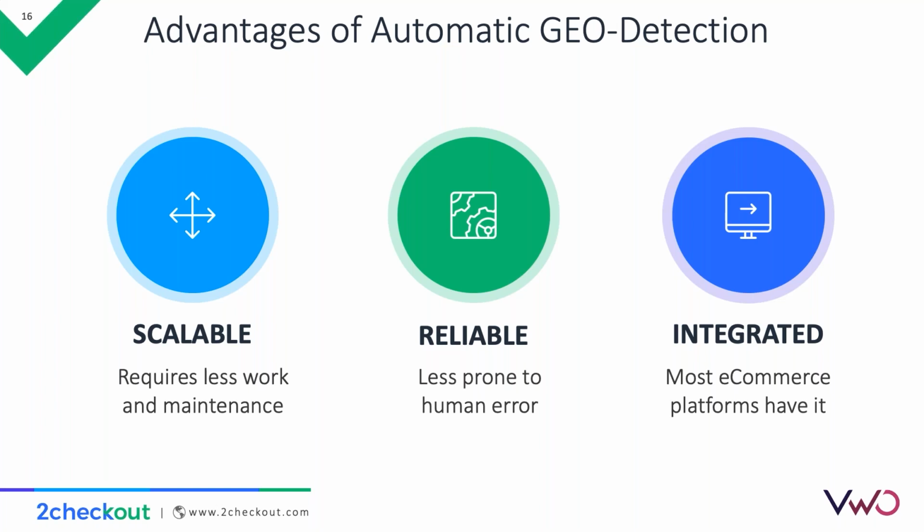Yeah, so I was telling you about how automatic geo-detection is the way to go, especially because a lot of e-commerce platforms have it by default. Checkout offers geolocation and automatically switches the language, the currency, and other stuff like that. And a quick pro tip here, if you want more control over your pages without having to code yourself, you can actually use BWO to geo-segment and change whatever you like in whichever country. That is one kind of out-of-the-box way of using BWO, but I find it really useful.